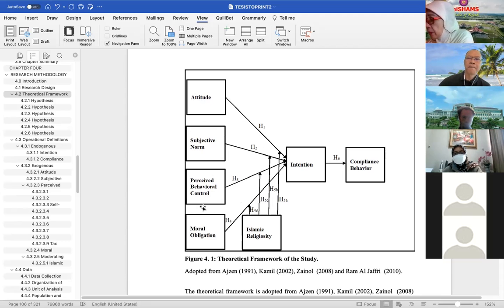So this one, TPB, for qualitative? What, you know? So from the framework, what is the variable going to be used? Is it the same with the